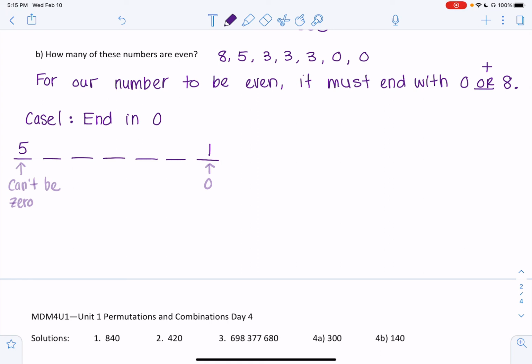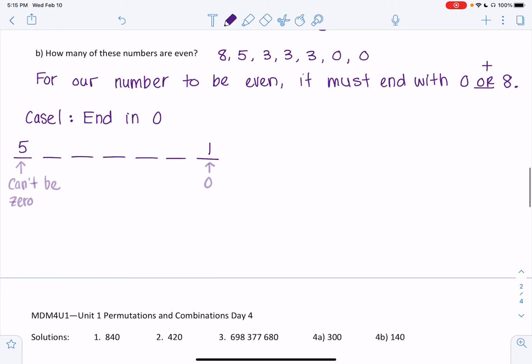Now, for our next options, we've already assigned values to our first and last spaces. So we have 5 numbers left to assign here, 4 numbers, 3 numbers, 2 numbers, and 1 number. Now, because I require a first number and a second, and a third, and so on, I'm going to multiply, and that is equal to